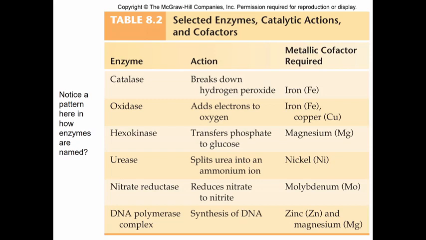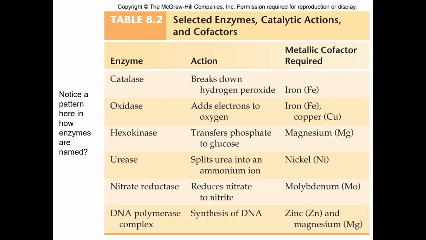It's an enzyme. It breaks down hydrogen peroxide into water and oxygen gas. If you've ever dumped hydrogen peroxide on a wound and it bubbles, it's because your cells make catalase. Dump it down the drain, go home, go to your sink, dump some peroxide. It's going to bubble. Why is it going to bubble? Because there's bacteria in the drain that are making catalase. Or use it as mouthwash. It's not going to taste great, but if you do it and you spit it out, it'll start to bubble on your teeth, all of those lovely places where you've got biofilms forming. It's fun stuff. It's all coming back to that one particular enzyme.